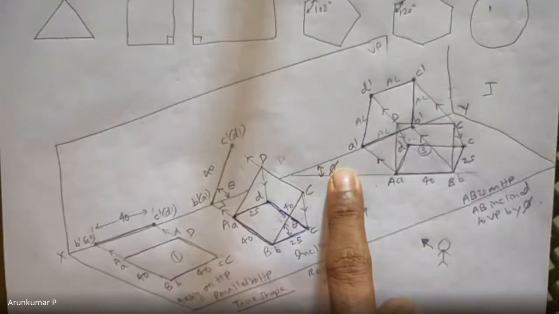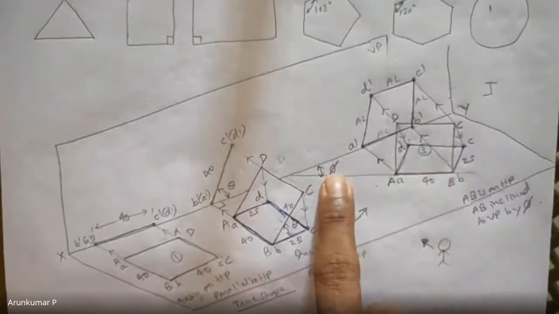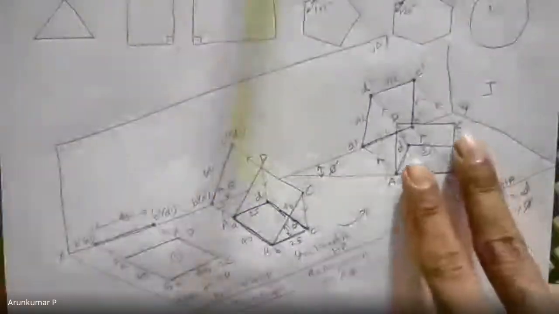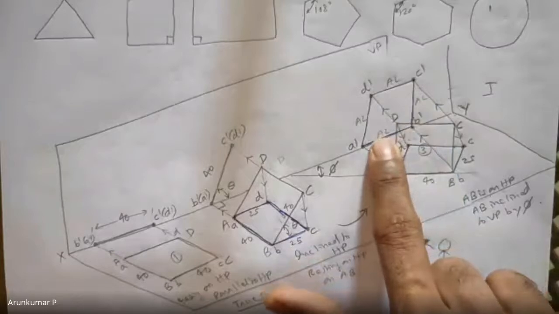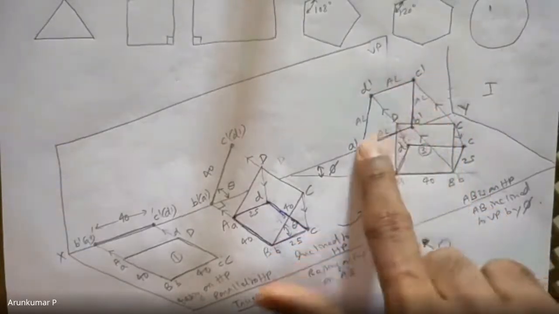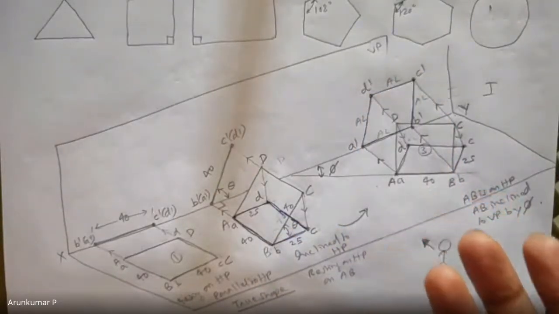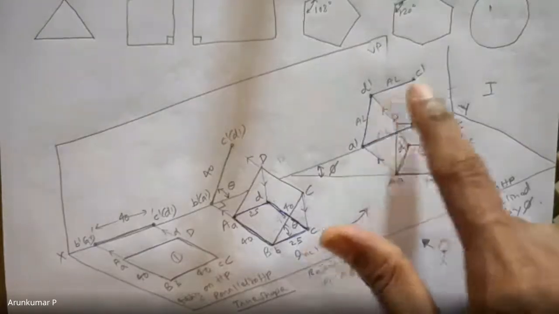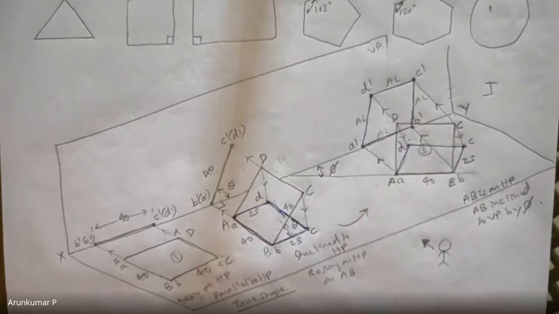So when that happens, you have to draw the top view. Top view will be same as you got in the second step top view. Only thing is the top view will be inclined by an angle phi. Front view will be completely different. Front view will be a very odd shape, which may look like a square, but it will not be, because none of these edges are parallel to VP. Hence, you will not get the true length in VP. So it will be like a quadrilateral, maybe a parallelogram or something, but definitely it will not be a square. So this is how the explanation needs to be given. Just 1 minute.